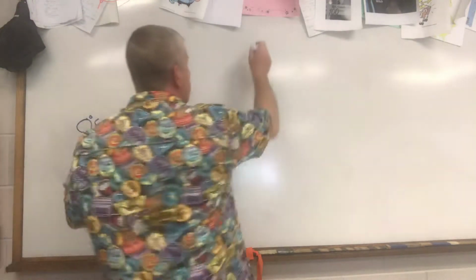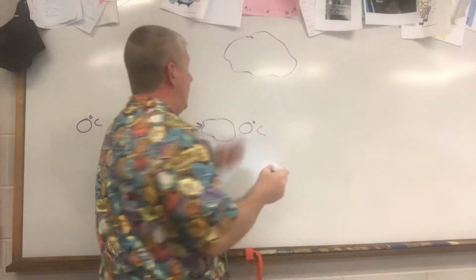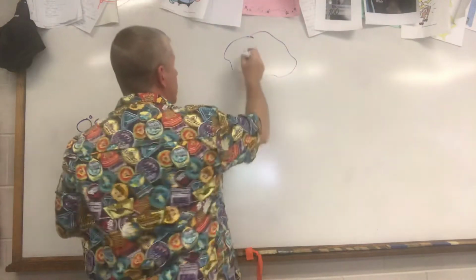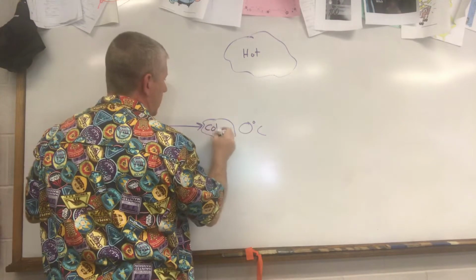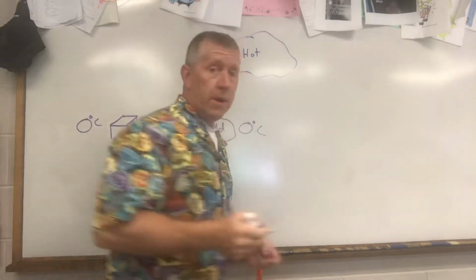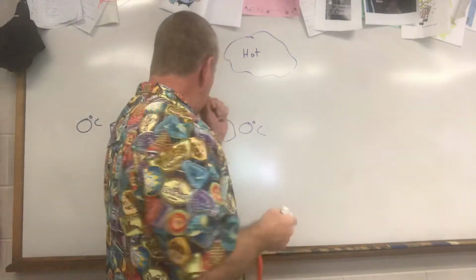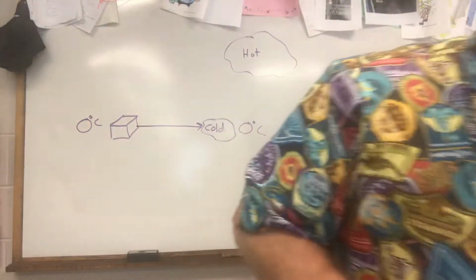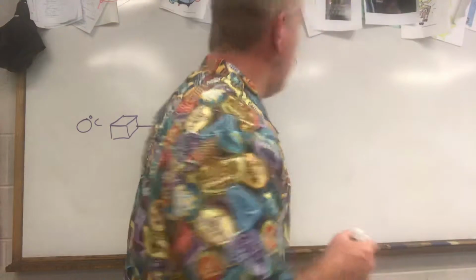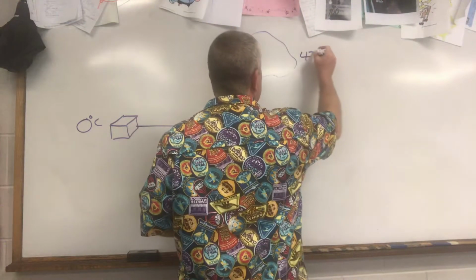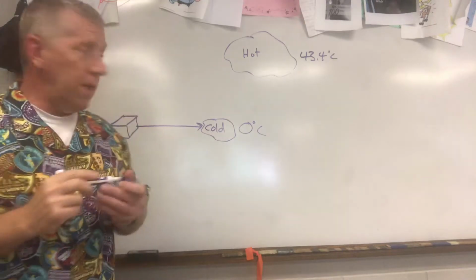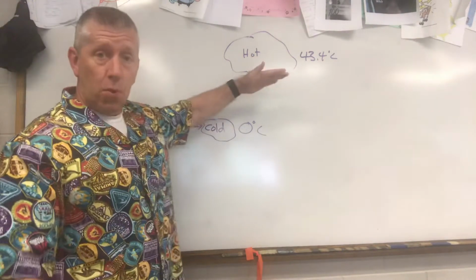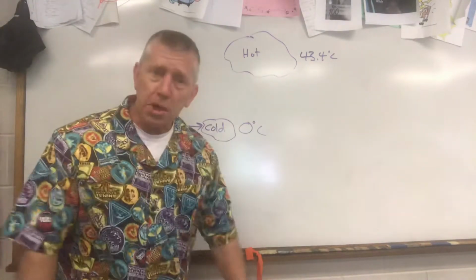Then we had a bunch of hot water. This is the hot water, and this actually is our cold water. And the hot water was at a particular temperature. For the first trial, it was at 43.4 degrees Celsius. Now what happened? Well, the water started getting colder. It started getting warmer. Colder, because